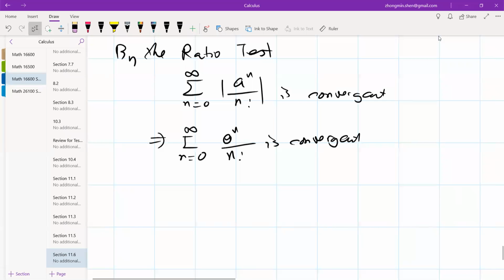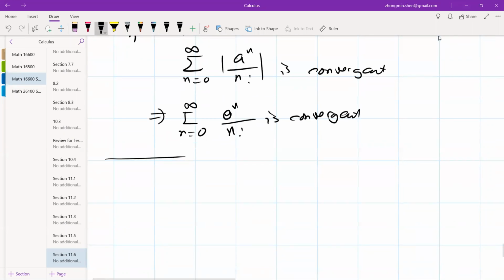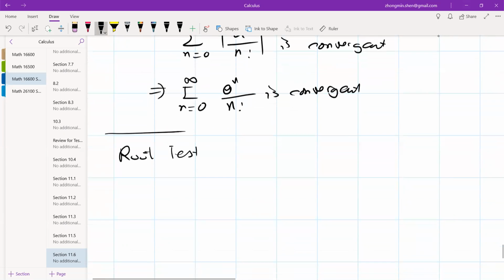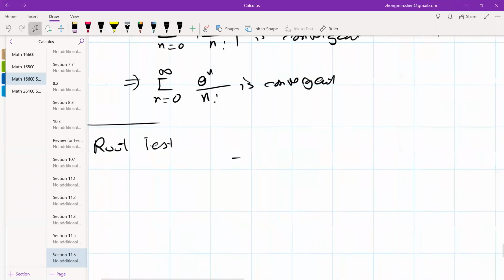Now we can also use the other method to prove this convergence. So our next method is called the Root Test. Okay, it's similar, and sometimes there's no difference. You can use one of them to give a nice argument. Okay, the Root Test. So you consider